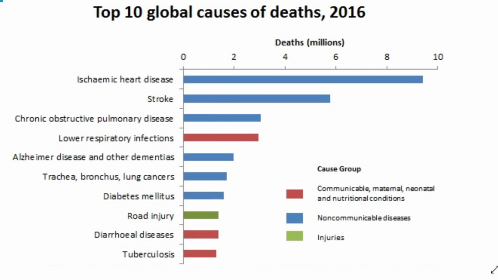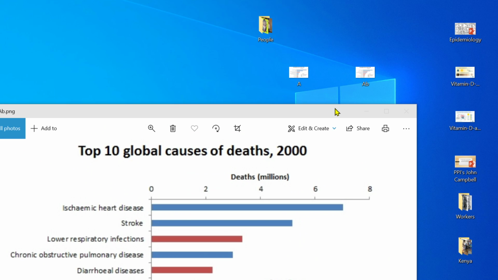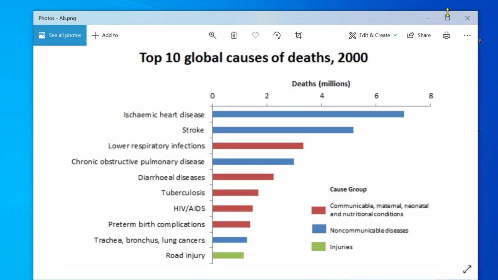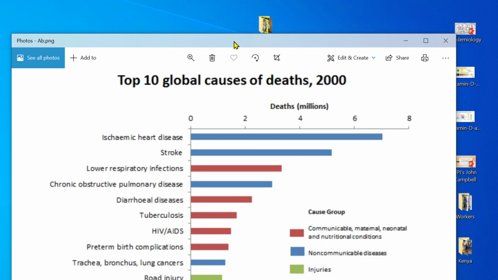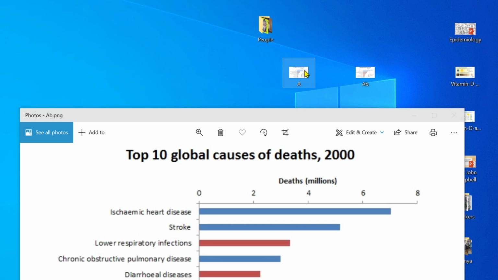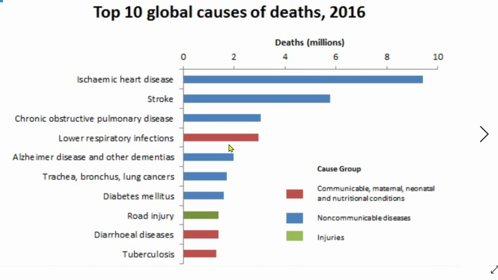So let's look now at the global deaths for 2020 so far. This is the situation so far. So in 2020, most people in the world have died of ischemic heart disease, second stroke. And what this data, done from the World Health Organization, is they've logged the COVID deaths in with the lower respiratory tract infections. Because remember, there were quite a lot of lower respiratory tract infections anyway. But now we see that this is increased.